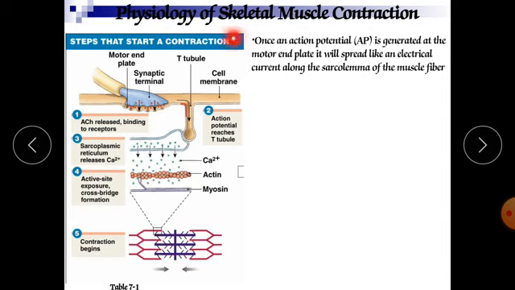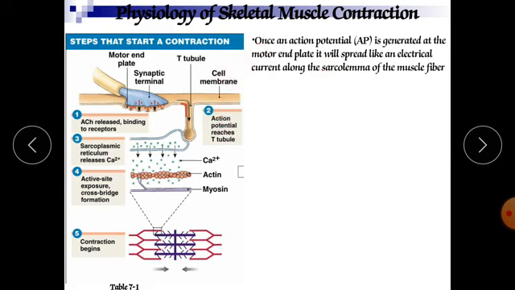Now, physiology of skeletal muscle contraction. This question is always asked in the examination: what is the muscle contraction physiology, or give an account of the process of muscle contraction, or how muscle contraction occurs in our skeletal muscle, explain and elaborate with the help of a diagram as well as the theory. So here the various points are there. Try to recall all the points. Point-wise we have to understand how the process is going on in our muscle.